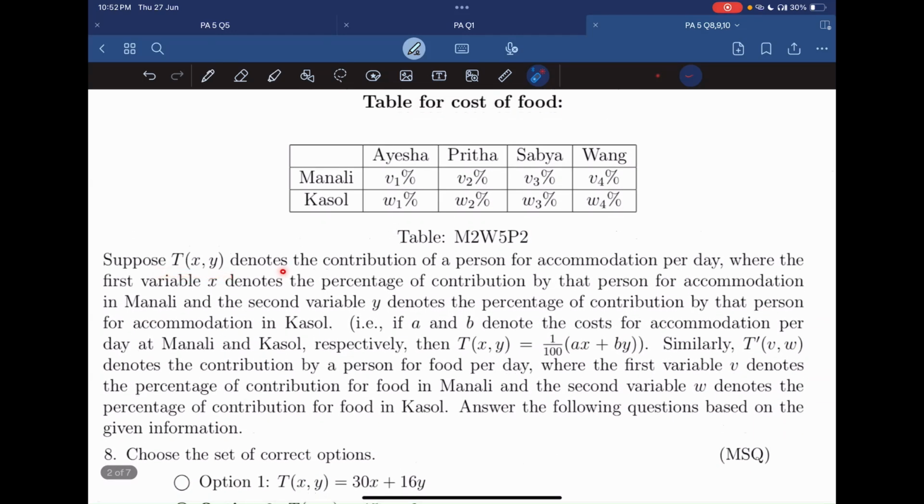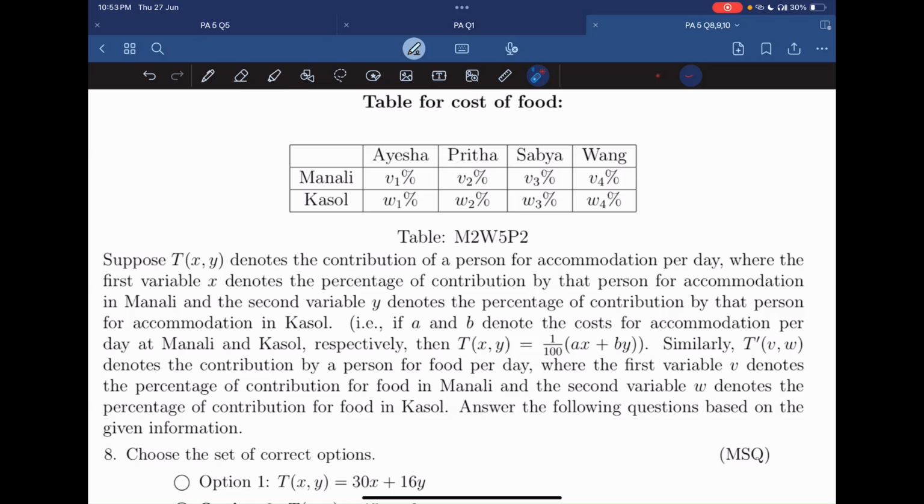Suppose T of xy denotes the contribution of a person for accommodation per day, where the first variable x denotes the percentage of contribution by that person for accommodation in Manali, and second variable y denotes the percentage of contribution by that person for accommodation in Kasol. That means if A and B denote the cost for accommodation per day at Manali and Kasol, respectively, then T of xy is given by A times x plus B times y, divided by 100,